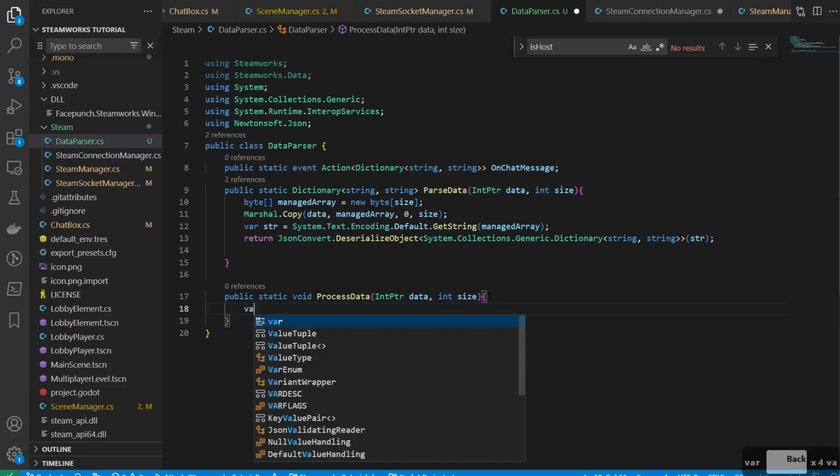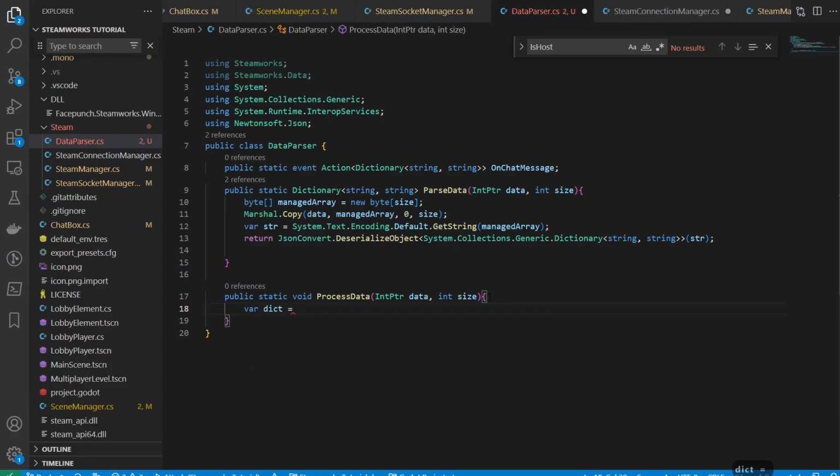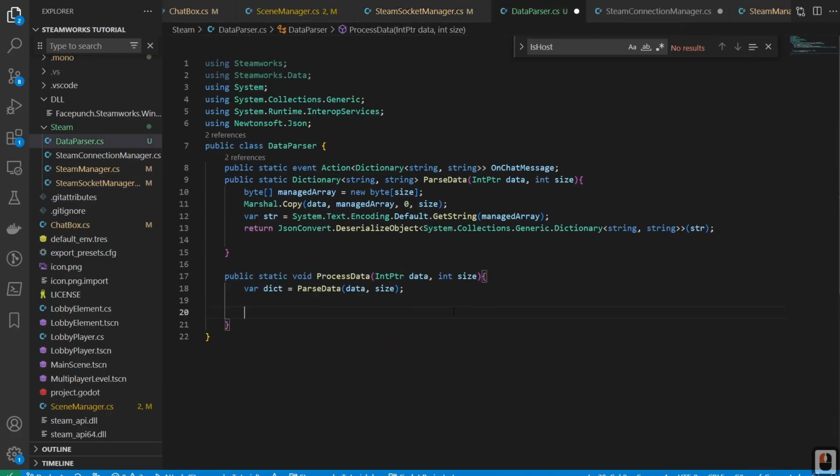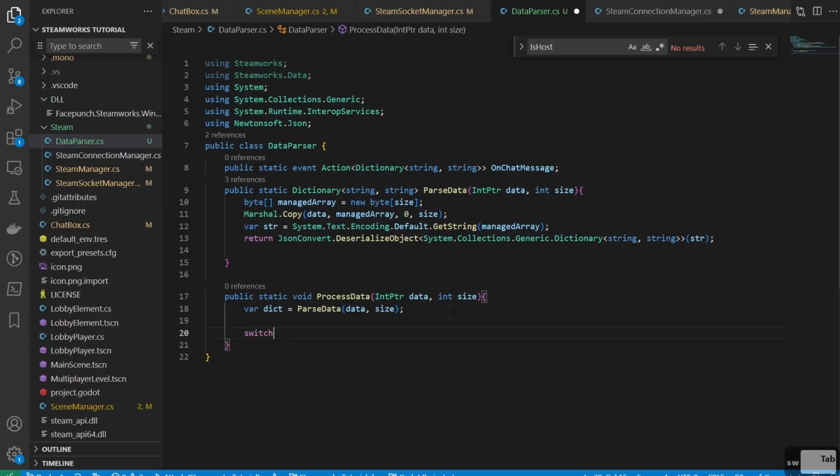So var dict is equal to ParseData(data, size), like that. Then, unlike before with our socket managers, where they were just printing the data, instead let's jump into the data and take a look at it and see where it needs to go. We can check what this dictionary is, and then we know what type of event to raise, okay? So we can just do a switch